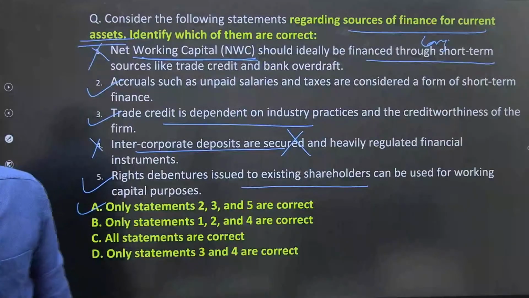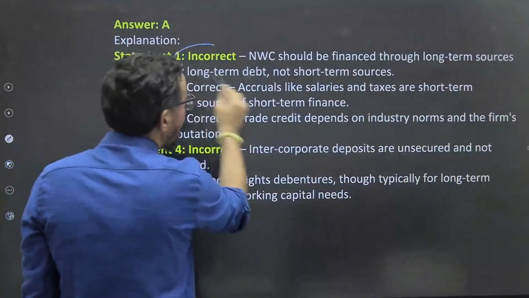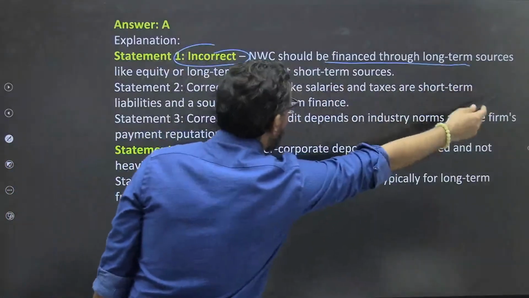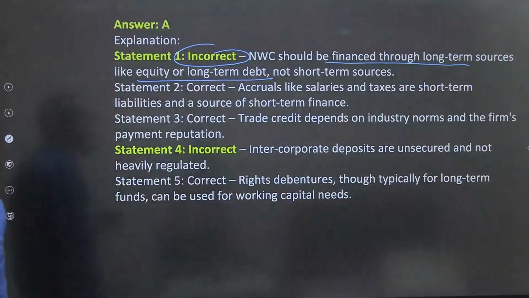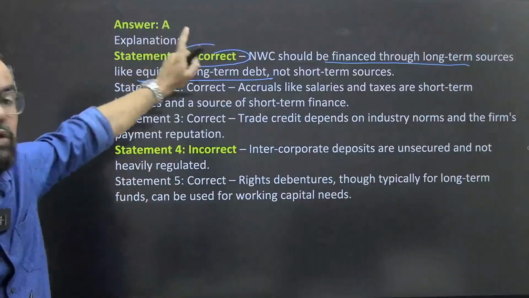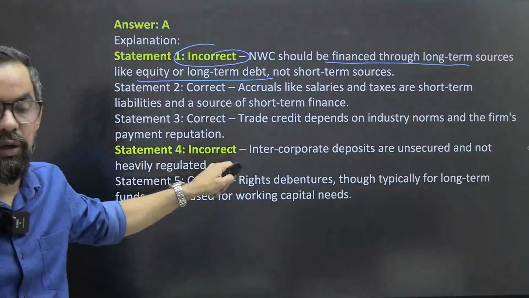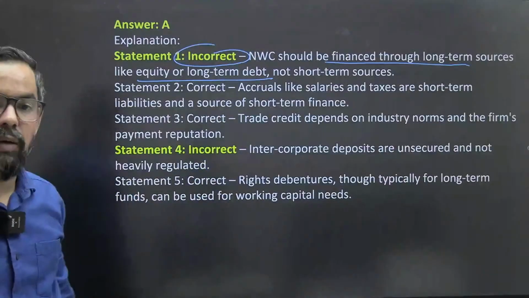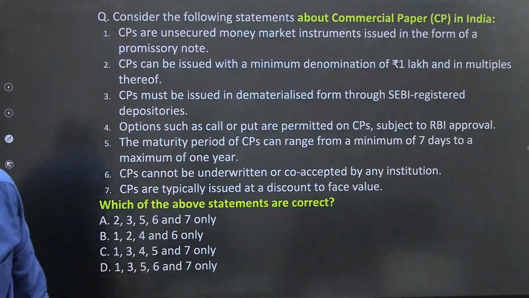Why are people going with B? It should be A, na? Yes. So net working capital should be financed through long term sources like equity. It is about the net working capital. Okay, the major sources are basically your long term, and the average is 1.33. That is one. So if it is above 1, that means we have more long term sources around that particular thing. Okay? Please everyone do remember this one.